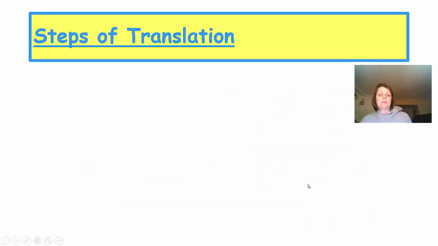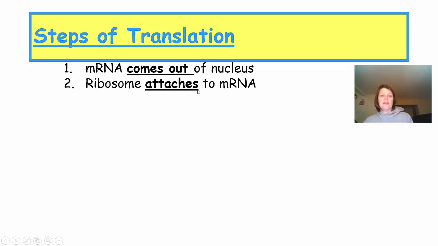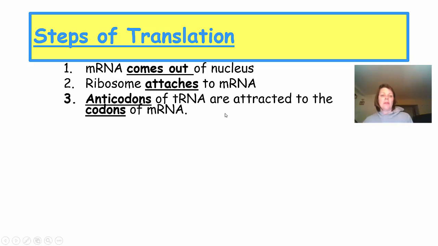Steps of translation. mRNA comes out of the nucleus after it was edited. Remember what were the garbage pieces that were taken out? Those are the introns, and then what were the parts that were glued together to make a continuous message? Those are the exons. The ribosome attaches to the mRNA, and the anticodons of the tRNA are attracted to the